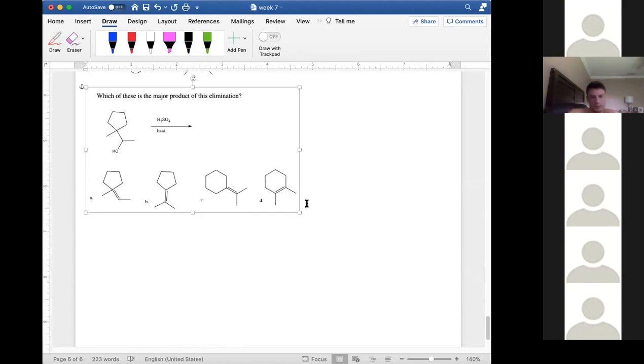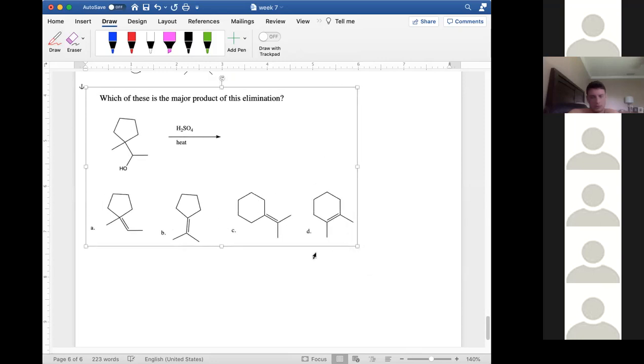Sit tight. Try to solve this one, because my computer's on 3%. I have to get my charger. So remember